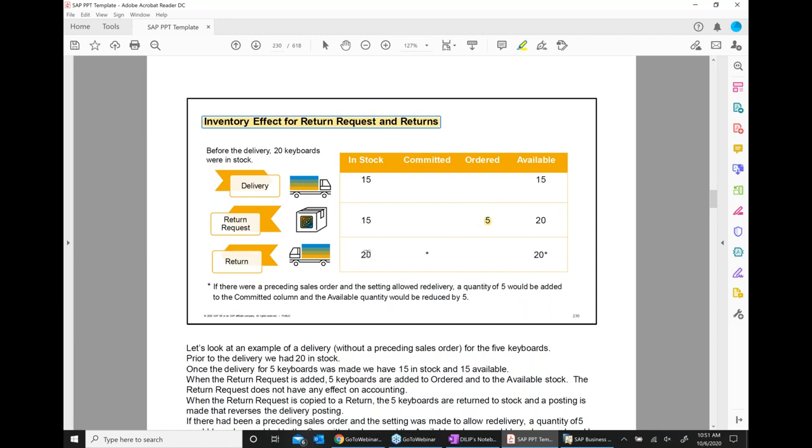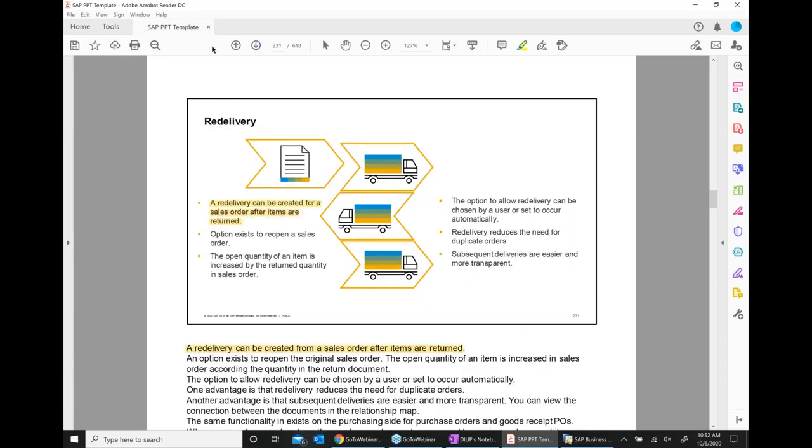When the product actually comes back to us, at that time the system actually increases my available stock. We're going to do this exercise and understand it.